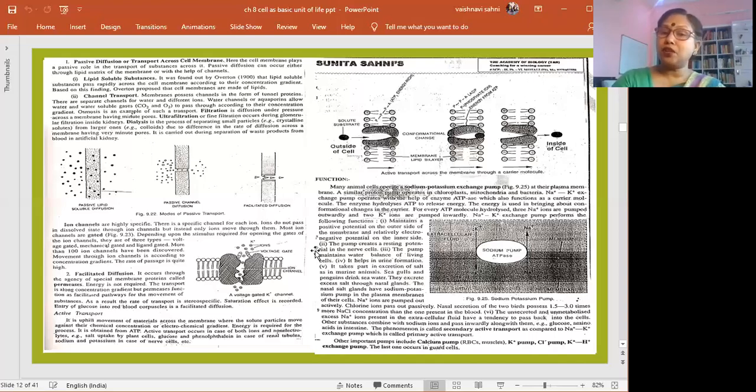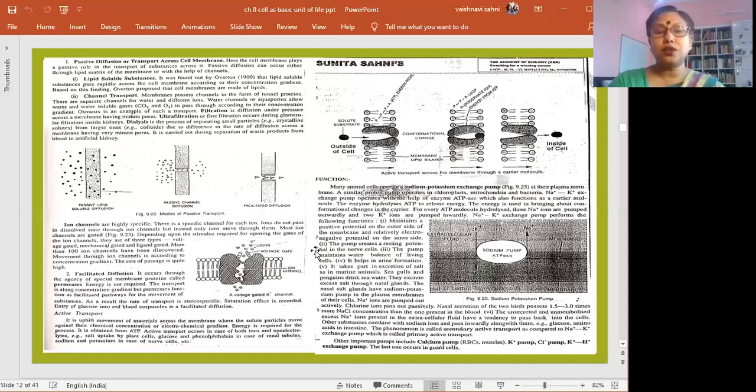It means sodium and potassium are exchanging, and along with that, sometimes some other biomolecules also exchange side by side along with them. So this is one more active transportation going on side by side along with this main sodium potassium exchange pump. There are other examples also, like the calcium pump you can see in RBCs and muscles, then the potassium pump, chlorine pump. These all exchange. Then the hydrogen potassium exchange pump you can see in guard cells.